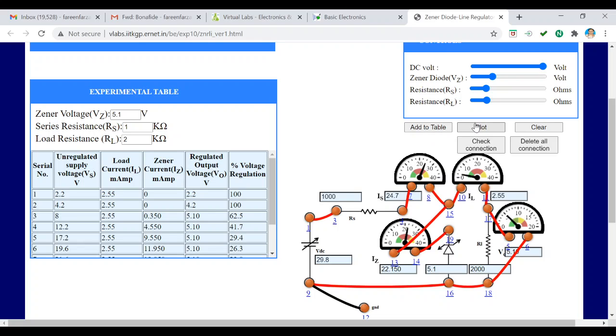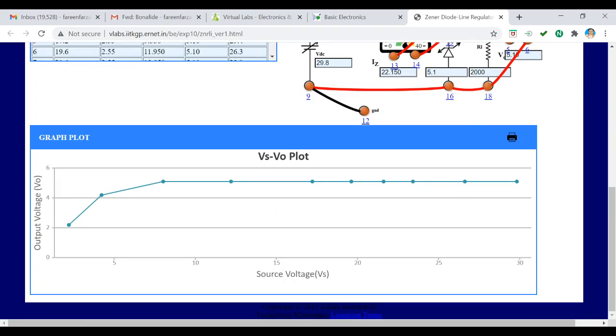Yeah, I have added. Now I'll plot. So this shows the perfect graph, in which as your source voltage varies, after a particular input voltage, your output voltage remains the same as your source voltage.